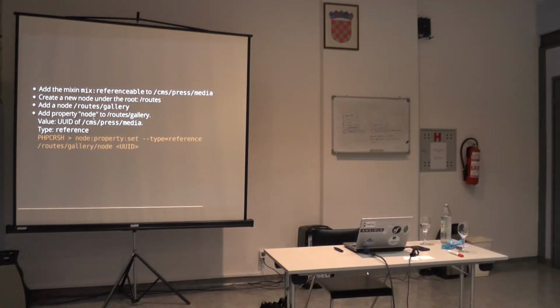So you have the UID already? Cool. So now you just need to add the property to the... You already created the node, the route/gallery? Yep. Oh, yes, gallery. It's in the root of your repository, so below the CMS, or next to the CMS. So if you do the property set with type reference,